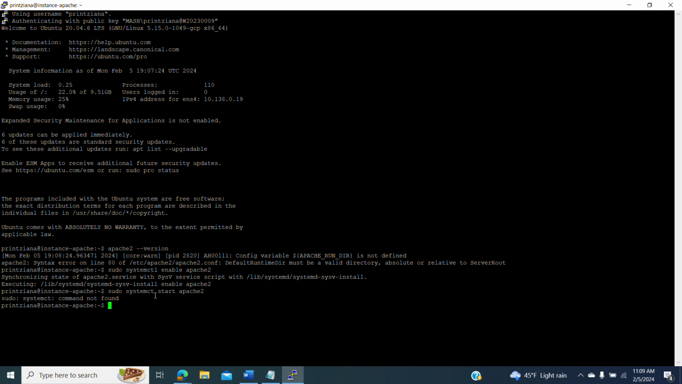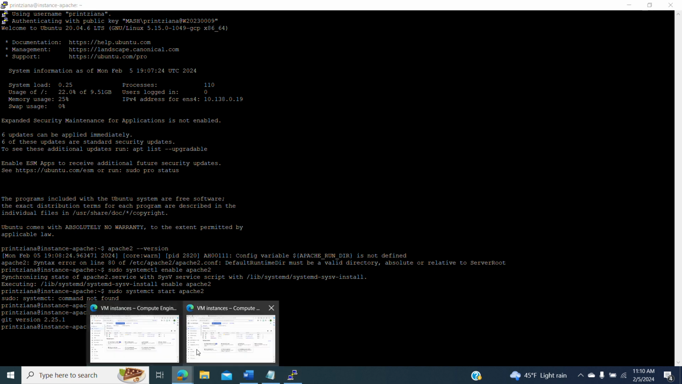Wait, there's something missing here by accident. I deleted one L. Okay, so now it is started, and we have to clone our repository. So we first make sure Git is installed. So we git clone, we go to our repository,